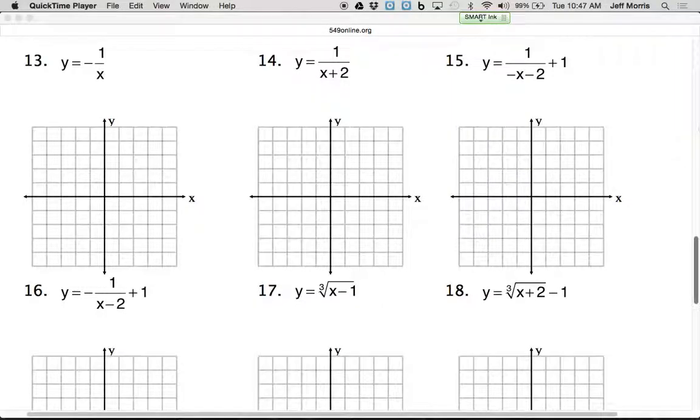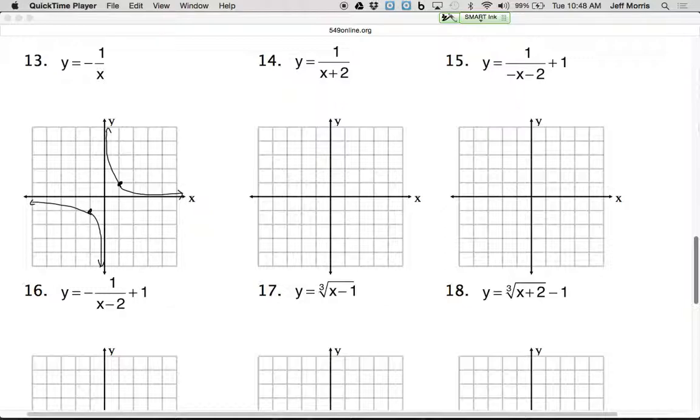Looking at the graphs of these transformations, similar to your homework, number 13 is boomerangs. So we know the boomerangs normally are at, you go to where the x and y axis cross, those are your asymptotes, so you go right one, up one, and you go left one, down one, and then you draw your boomerangs. But the rule for transformations is we always do flips first, so if that's the normal 1 over x graph,